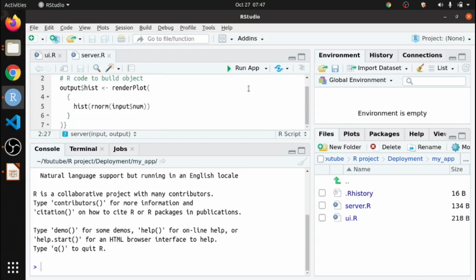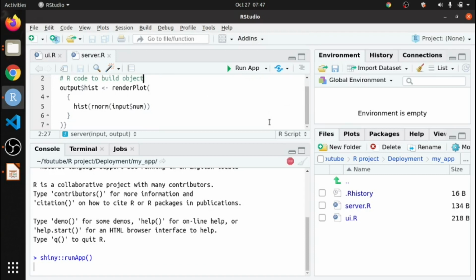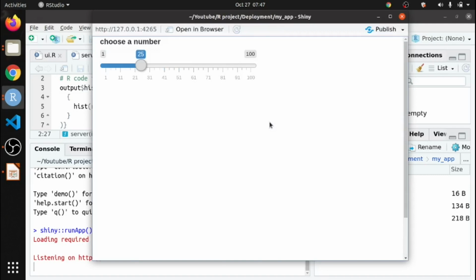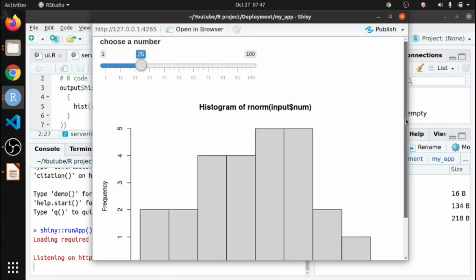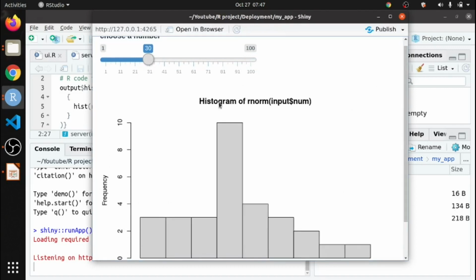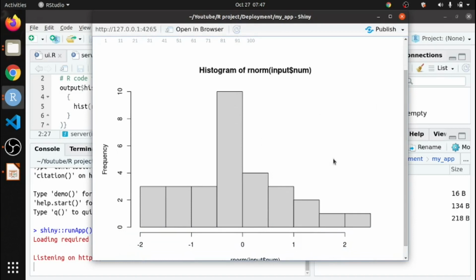So I run this. This is your very simple Shiny application. I want a 30 random number histogram. So you got this. I hope you understand. Thank you.